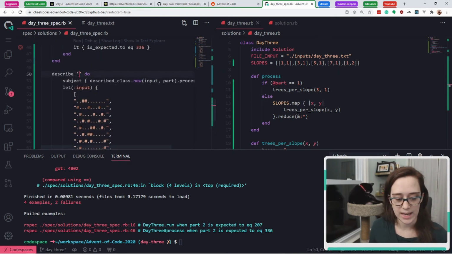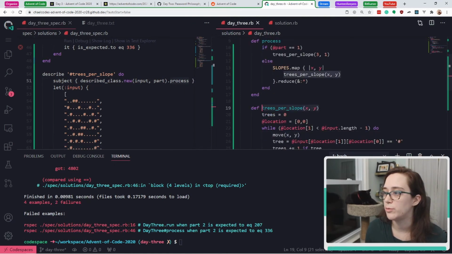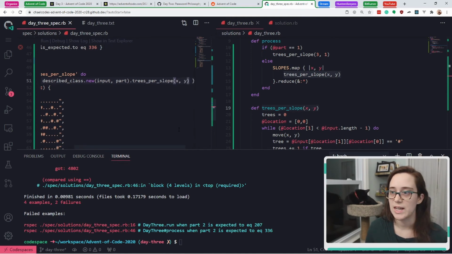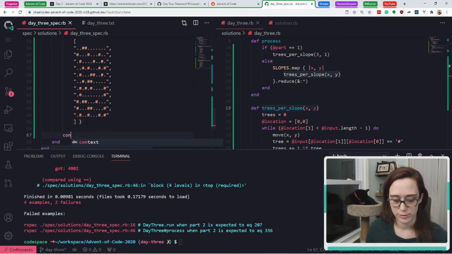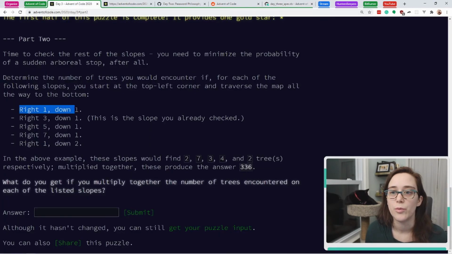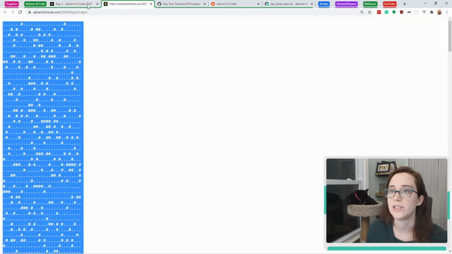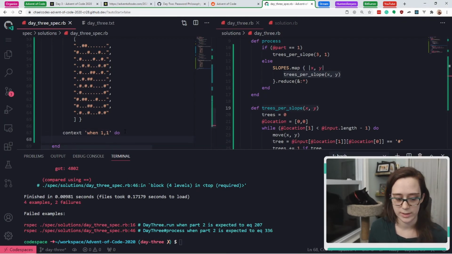Excellent, so we come in here and we say, hey, trees per slope. That makes sense. And right here we say trees per slope xy. And we have some answers for this one, right? Like context. When x equals, you know, we can just use these slopes. When 1, 1. So 1, 1 should be 2. Let's see. When 1, 1, do end,